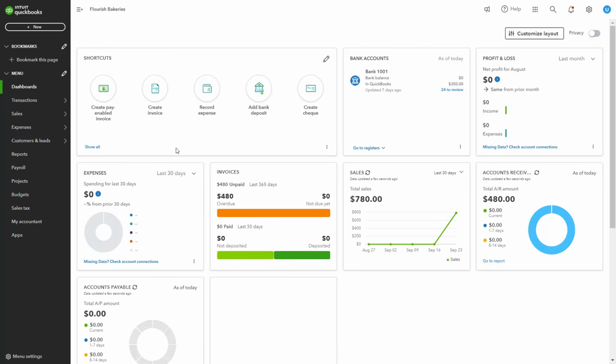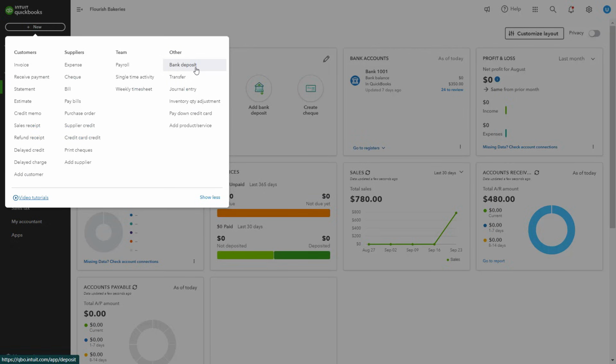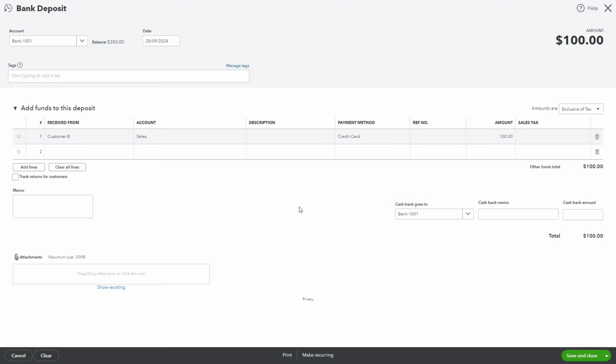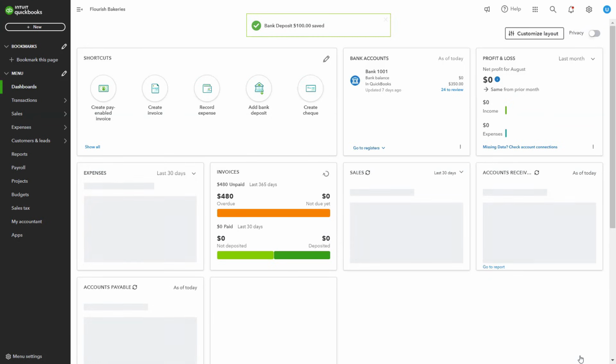To record a bank deposit, navigate to Bank Deposits from the New button in the dashboard, selecting Bank Deposits under the Other column. QuickBooks will display all payments recorded in the undeposited funds account. Check the boxes next to the payments you want to include in the bank deposit. In the Deposit To field, select the bank account where the funds will be deposited, such as checking or savings. Enter the deposit date and click Save and Close to complete the process, marking the funds as deposited in your